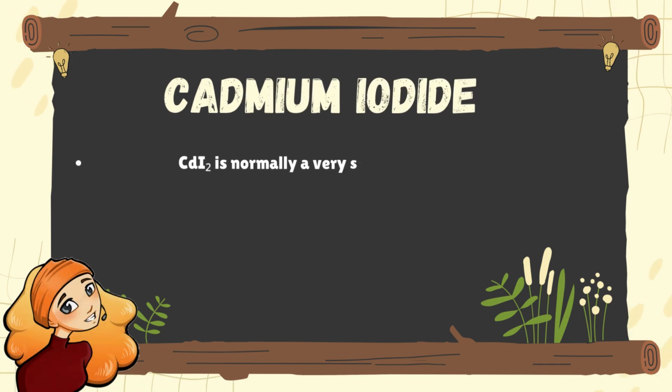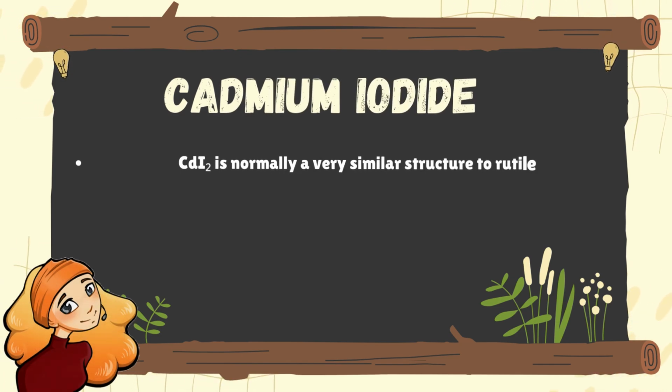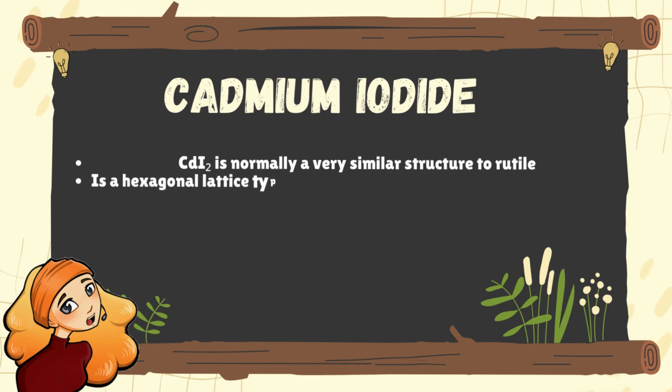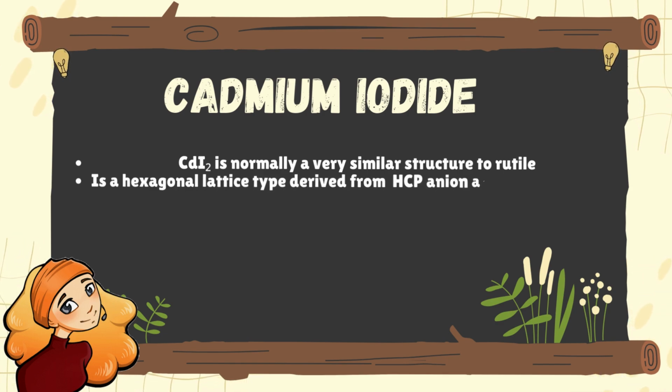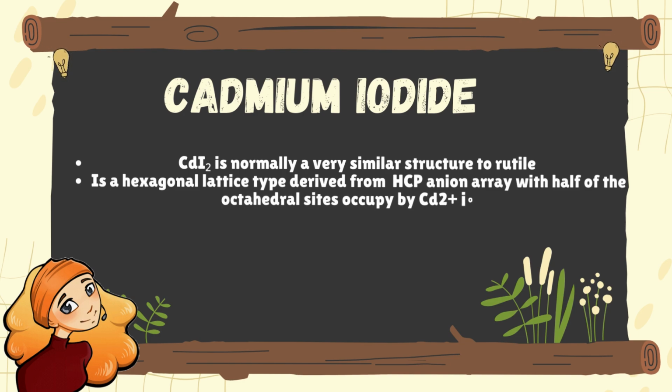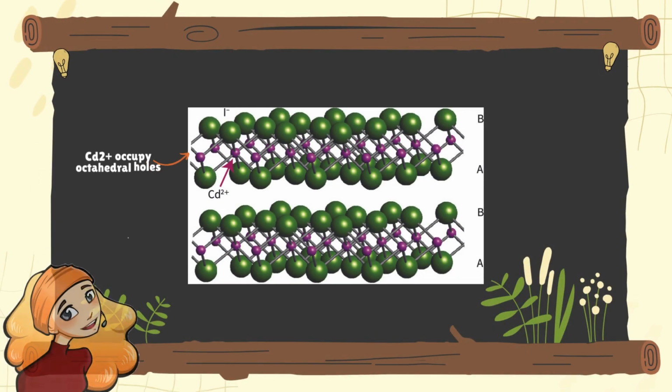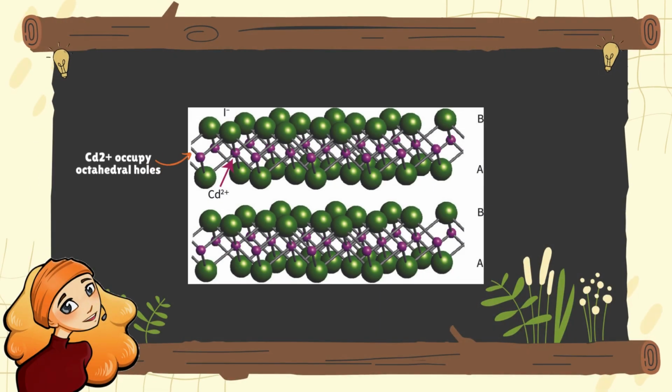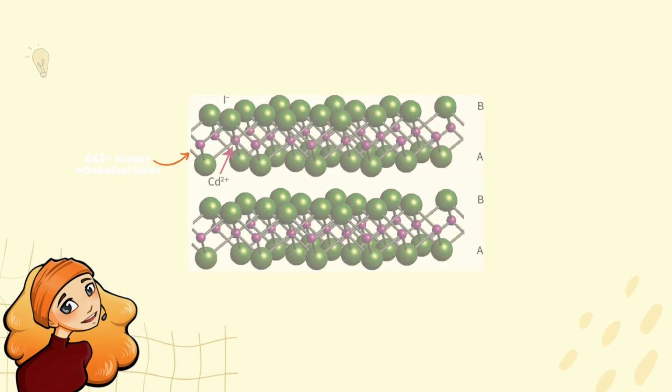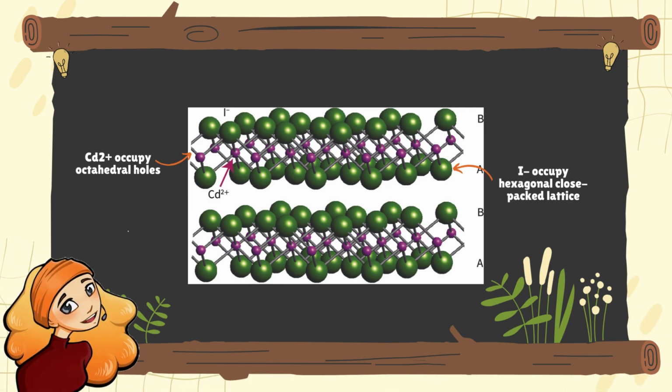Cadmium iodide is normally a very similar structure to rutile. It is a hexagonal lattice type derived from HCP and ion array with half of the octahedral sites occupied by cadmium ions. To be more specific, the cadmium ions occupy every other octahedral hole between the layers, which is the purple layer,